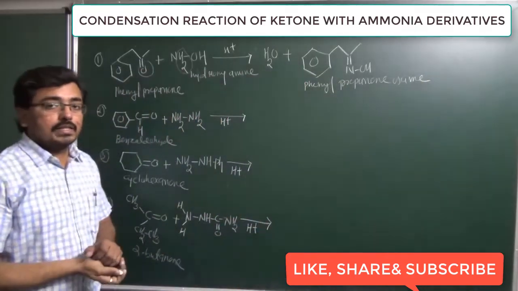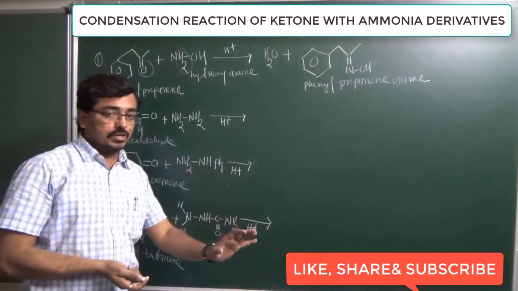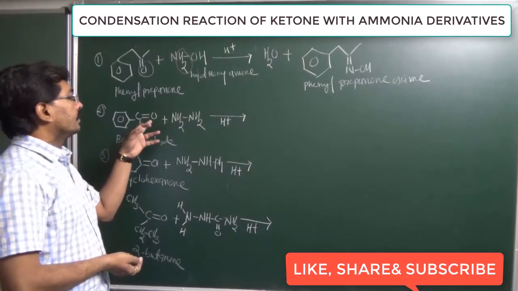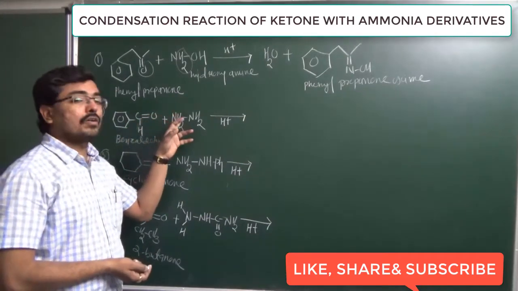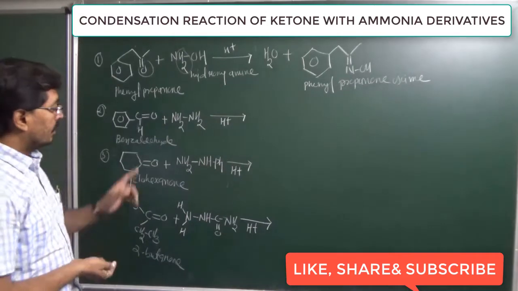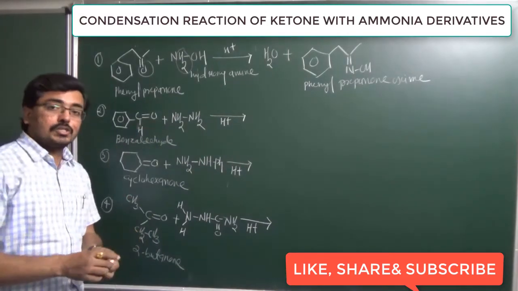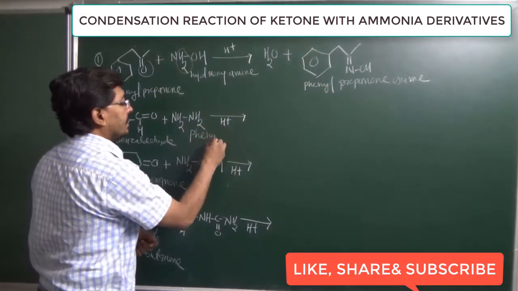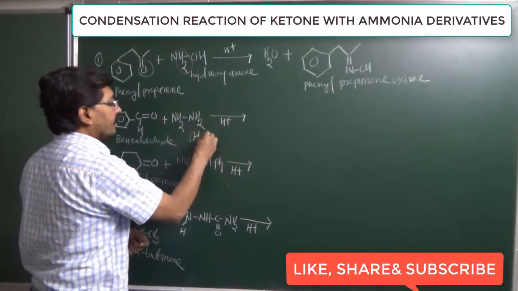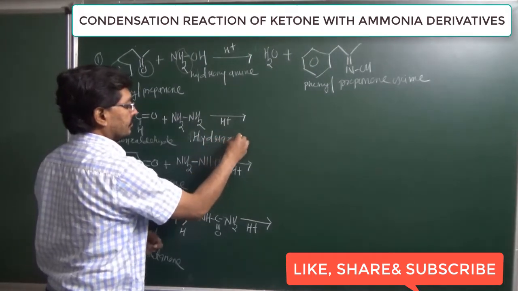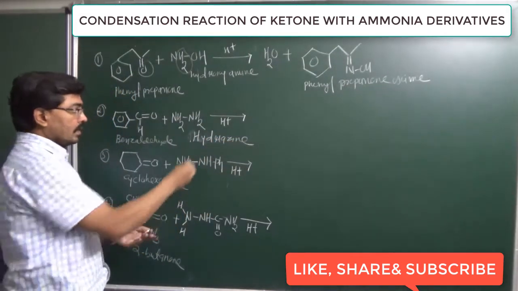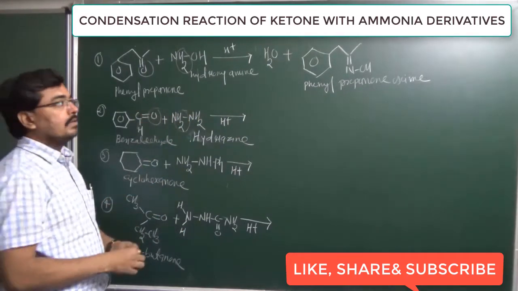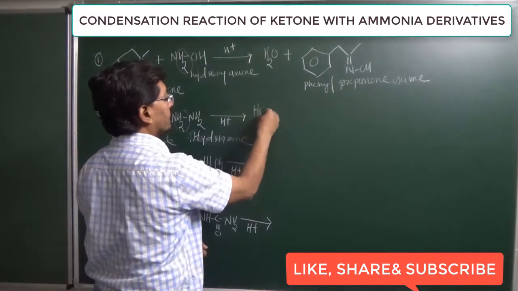Now try to write by yourself. We have already studied in the previous lecture that in a condensation reaction, a water molecule is eliminated: oxygen from the carbonyl group and hydrogen from nitrogen are removed in the form of water. Now here, benzaldehyde reacts with NH2NH2. This NH2NH2 is known as hydrazine. So the reaction will occur with this hydrazine. In this way, two hydrogens from nitrogen and oxygen from carbon are eliminated in the form of H2O.